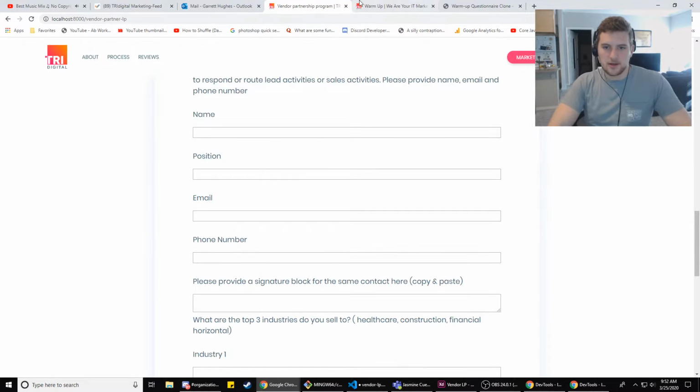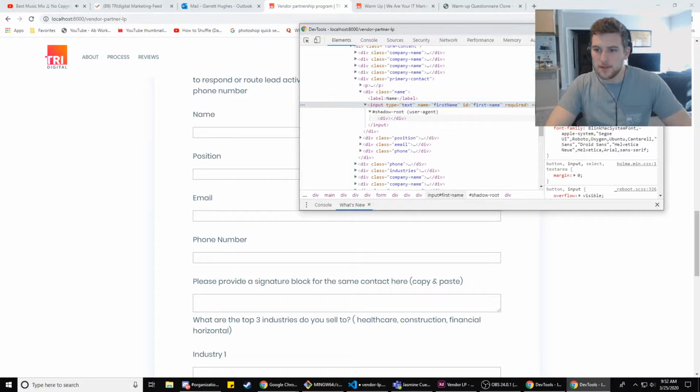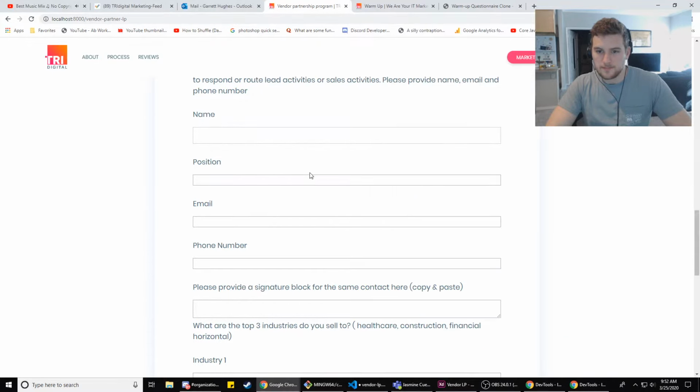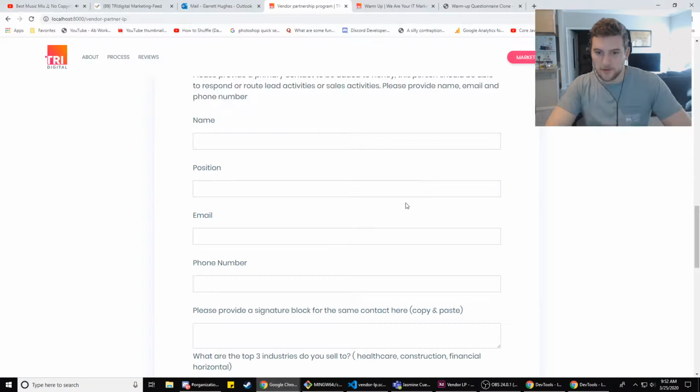Back to this thing. So where's our input element? That's that one, right? Input, and then we'll do this. And now those look better, right? Yeah, that looks right. So we're just gonna go ahead and stick that in there. We save that, and then it refreshes, and now all our form inputs look like that, except these text area ones. Some of those we need to be bigger, right?